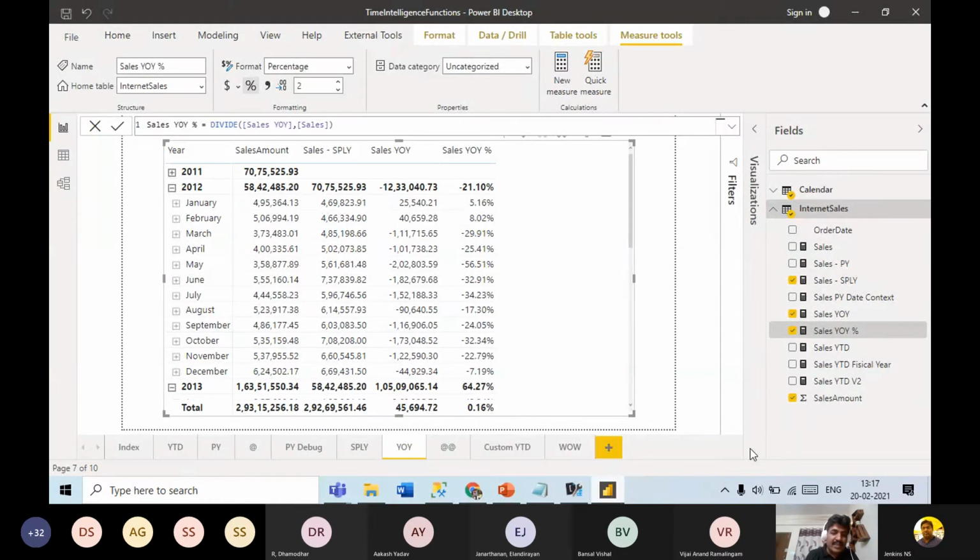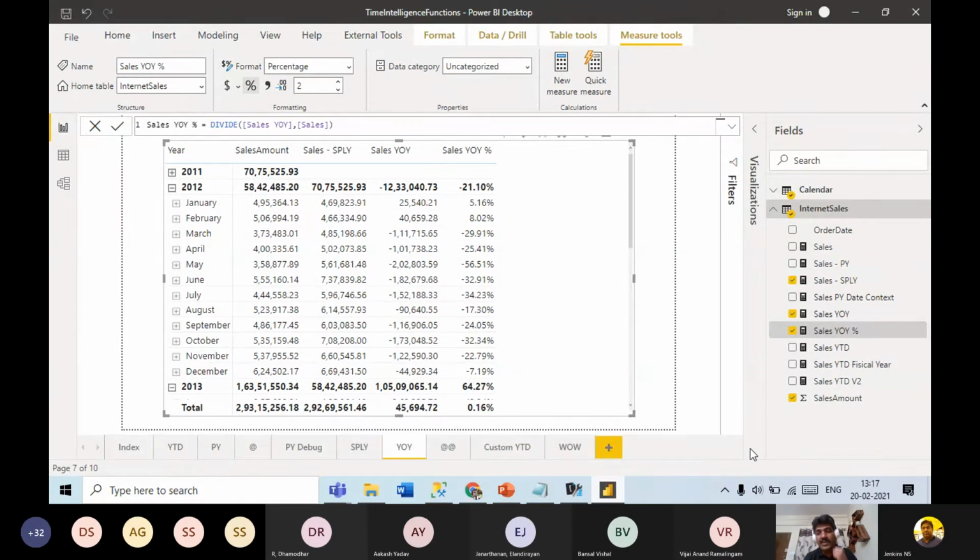The reason I'm showing how it works internally is, for example, I told you already, there is no time intelligence function for week over week. And if you get a scenario where you have to build a week over week time intelligence analysis, at that time you can use the way this time intelligence function works: capturing the context, modifying the context, and then calculating using the modified context.